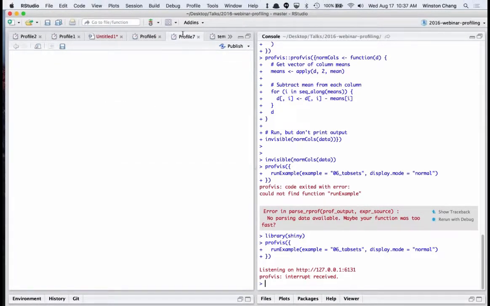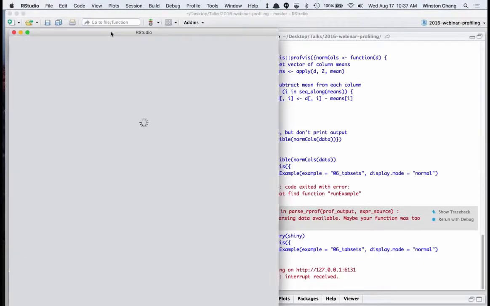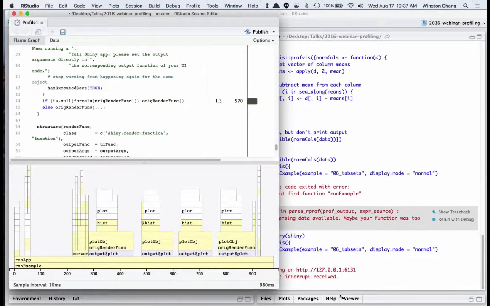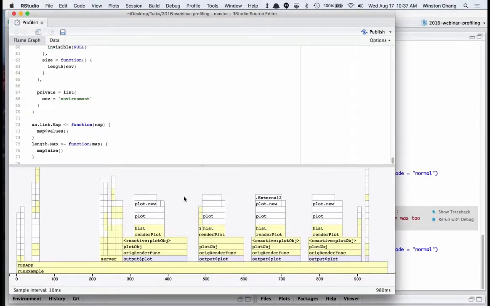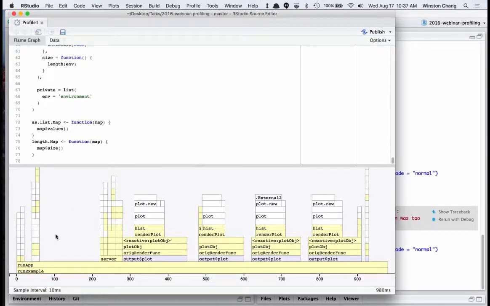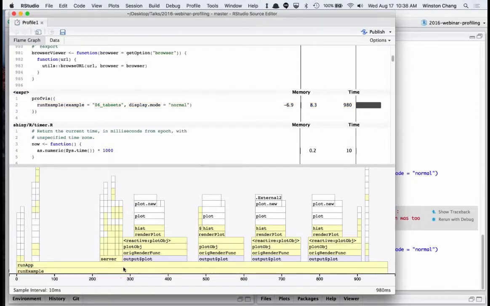Profvis will know that it's finished and it'll process the data. It takes a little time to process it. Okay, now here we go. Let me pop this out so it's a little bit larger. Okay, so this is the Shiny app. So the whole thing was within this run example, which then called run app,